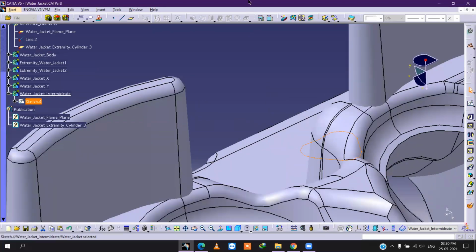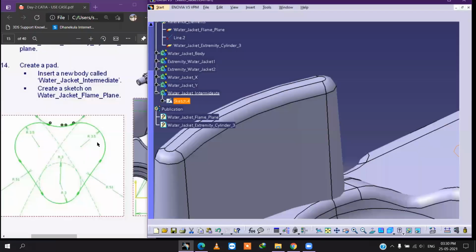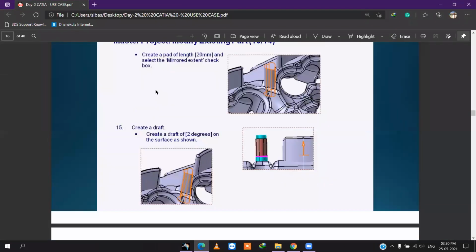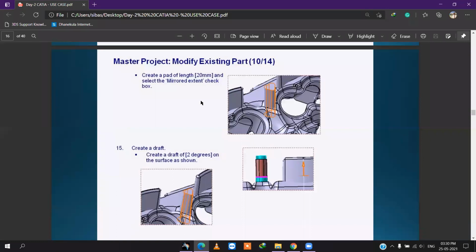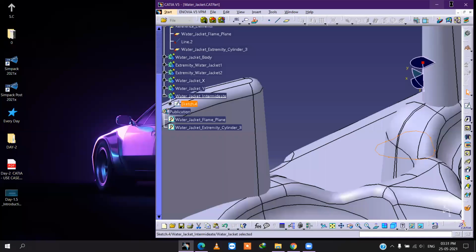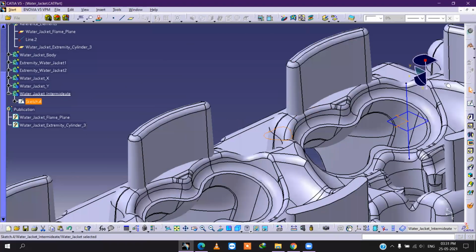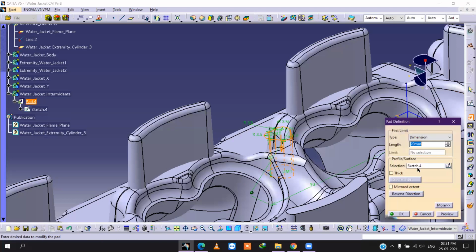Okay, the profile is done. Now it's showing that we have to create a pad of 20 mm mirror extend of each. Pad mirror extend.